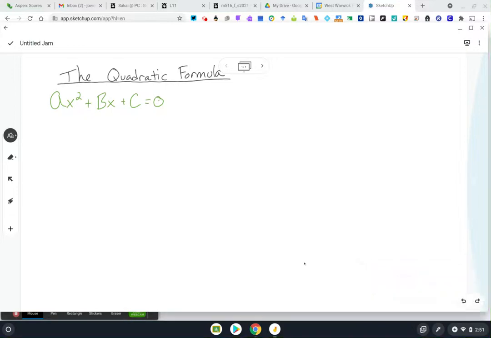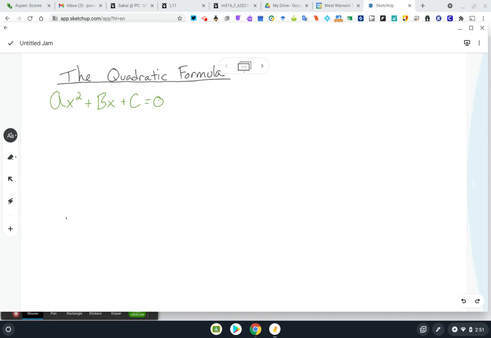All right, we're going to derive the quadratic formula by completing the square. So make sure you're versed with completing the square before you try to understand this. And as we've learned in the past, we're going to divide out the a term so that the coefficient of